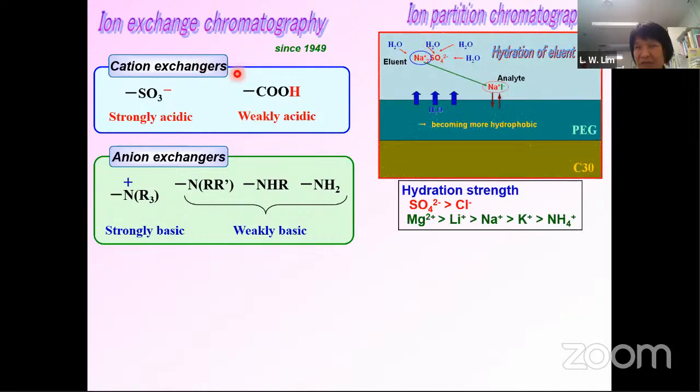if you have time, maybe you can Google ion partition chromatography. Ion partition chromatography means that we coat something on the surface of the packing materials, and the coating surface will attract the eluent cations like this. Then the attracted cations from the eluent will become the ion exchange site. So, for example, PEG. PEG is like an amphiphilic